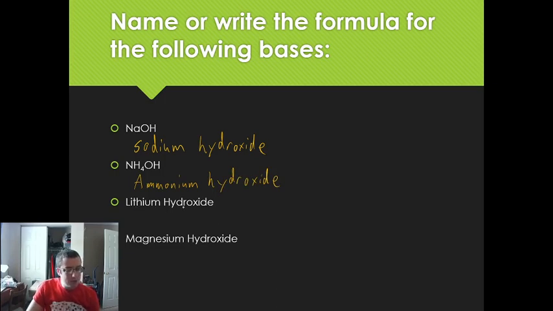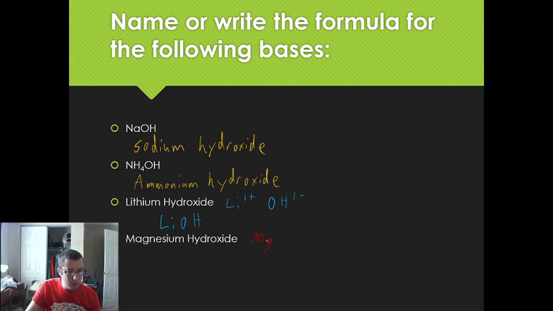Lithium hydroxide. Now I need to do the formula. Remember, these are ionic, so you have to crisscross every single time. I'm going to change the color, because now we're going to start getting some stuff running into each other. Lithium, remember, has a charge of 1 plus. Hydroxide is 1 minus. So these are nice and simple. That's just going to be LiOH, because it's just 1 and 1. Then for magnesium hydroxide,